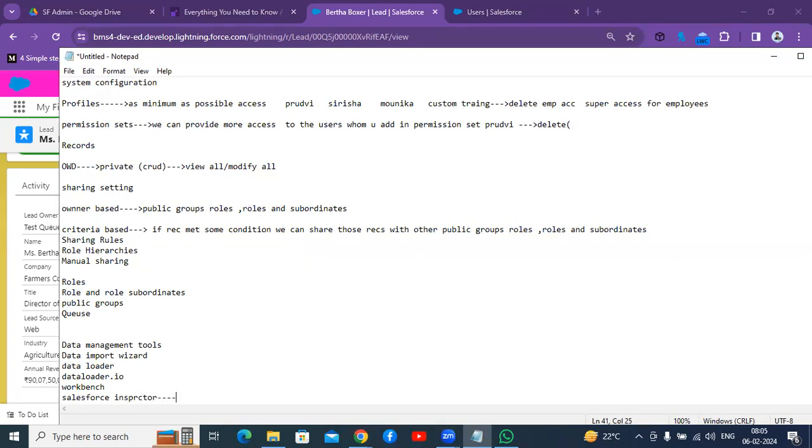Coming to the Salesforce Inspector, it's a Chrome extension. And coming to the Workbench, it is browser based. And coming to the data import wizard, it is Salesforce's innate tool, you'll find it from setup.